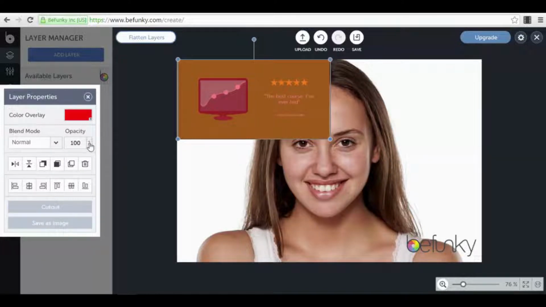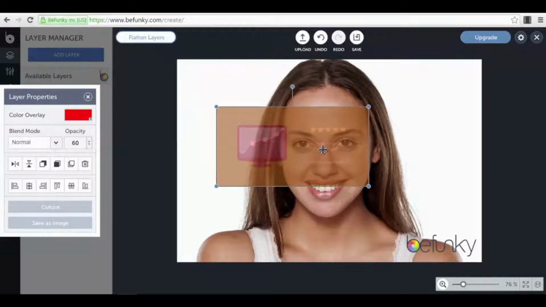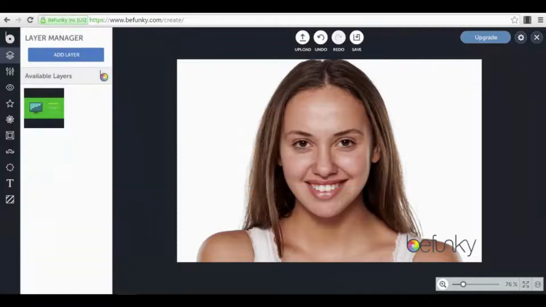For example, we can set its opacity from here, and as you can see, when you set the opacity higher, okay, for example at 100%, you see only that image in that spot where it is. If you set the opacity lower, it will have transparency. This is very cool if you want to do different effects, okay? Now let's have a look at other options that